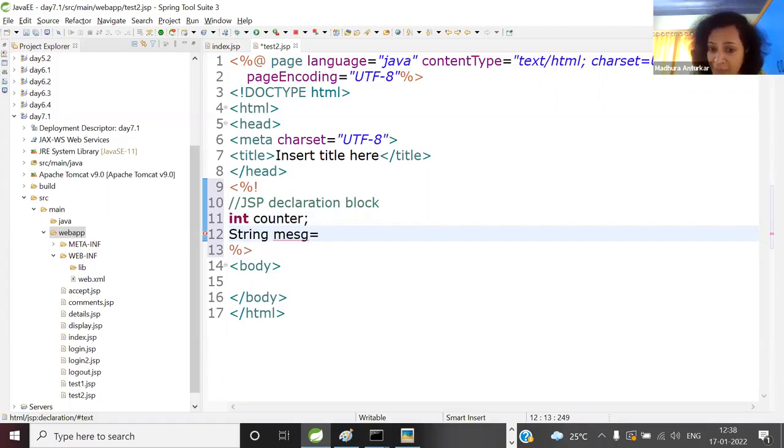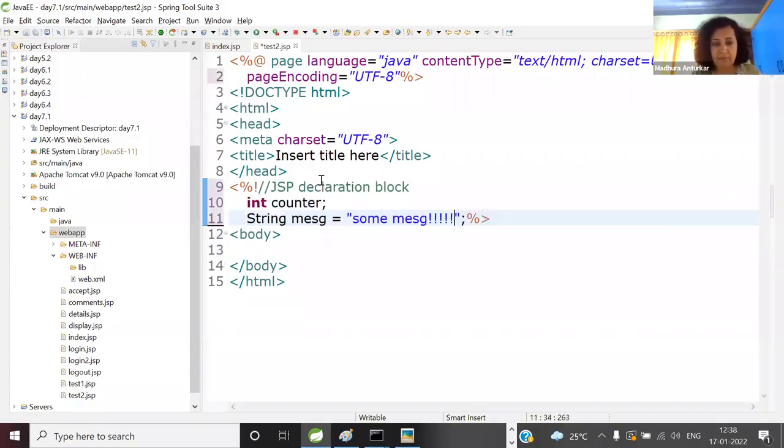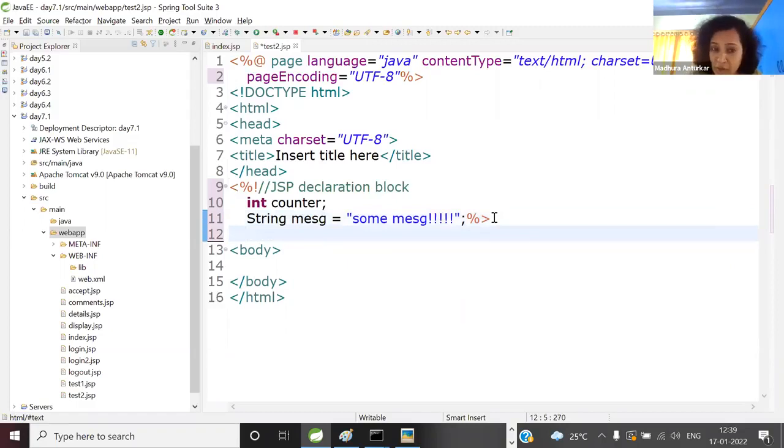Just showing you. You can add static members also. So you can definitely add data members, static as well as non-static. You can make any of it static, no problem. But typically we don't use too much static. Can you use the same declaration block? Can you override